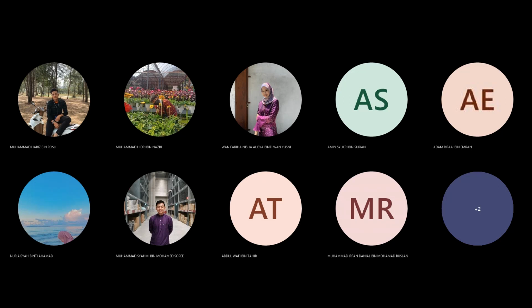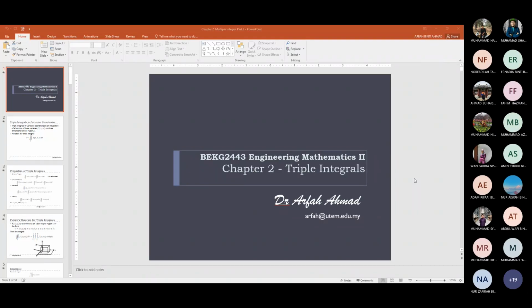So today we are going to continue with the second part of chapter 2, that is multiple integrals. We are going to continue with triple integral. Semalam kita dah habiskan the class with double integral, by which we have taken a look into double integral over non-rectangular regions, double integral in polar form, and how you are going to find the area of a double integral of a solid in the xy plane. Kalau dia ada dua satah, that means we are going to find the area. Then